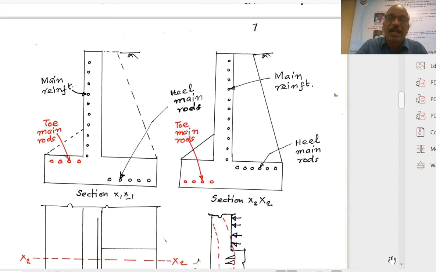I could not just write and discuss as we have done in the case of analysis, because the design runs for 20 pages in the sheet, so it would require some 4 or 5 hours if I wanted to do it that way. I hope viewers will be getting the benefit. And of course, if you have any difficulty in understanding the design like this in the form of PDF, as usual you are sending comments regularly. Some of you can send me a comment, so that in further lectures, even if it requires more time, I will go for the writing mode.